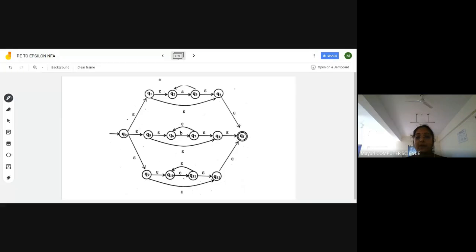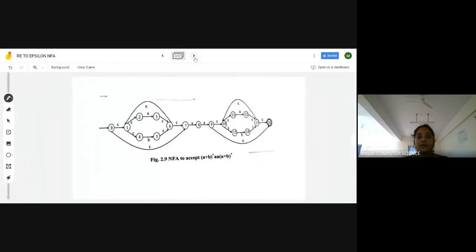So this is the A star path, this is the B star path, and this is the C star path. I can go anywhere. Like I may accept any number of A's or I may accept any number of B's, so it is star, Kleene star, or I may accept any number of C's. So this is the A star path, B star, and then the C star path. So together joining, this is the overall answer to the question. Let us go to the next frame.